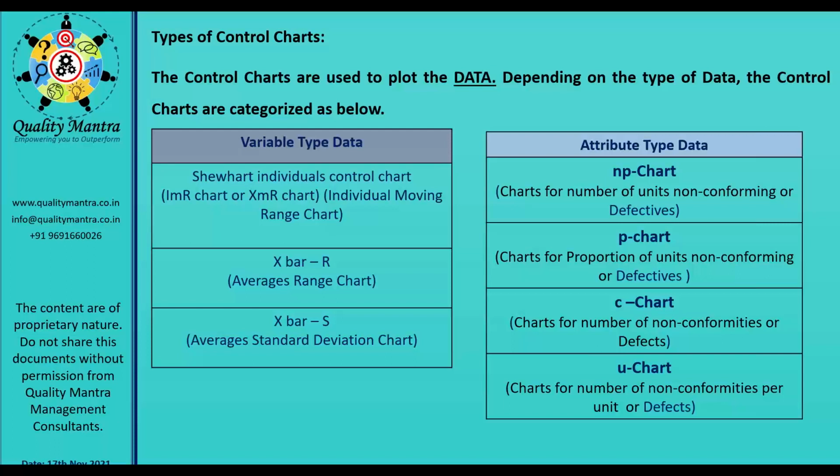For example, in your plant yesterday, 70 units of JCB have been manufactured. I am just taking hypothetical data. 70 units of the earth movers or JCBs have been manufactured. None is rejected. Does that mean there were no defects found? Can you say that yesterday there was no defect at all? Rejection has not happened. Okay, so on the graph when you plot this NP and P chart you will find 0. But were there defects or not? There can be some kind of defects.